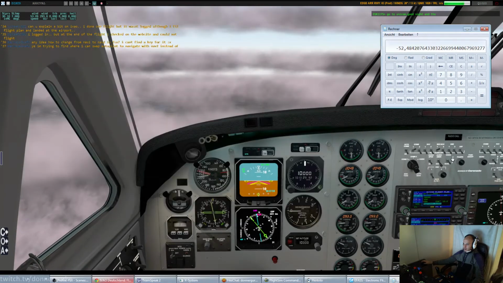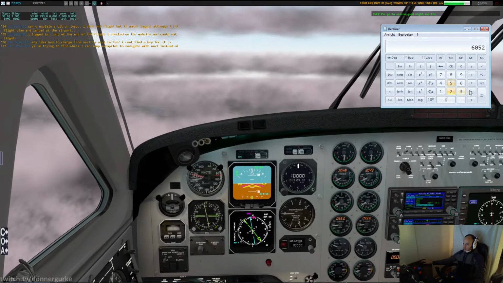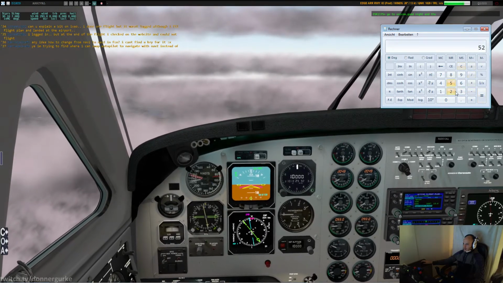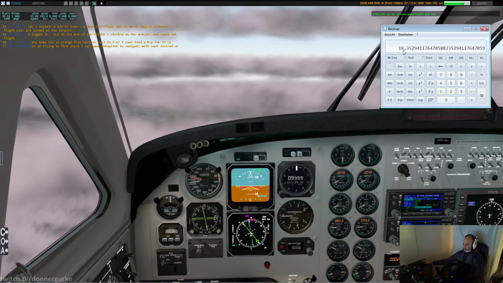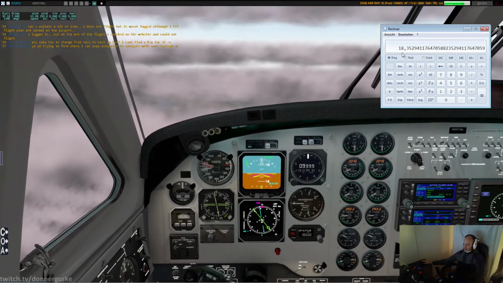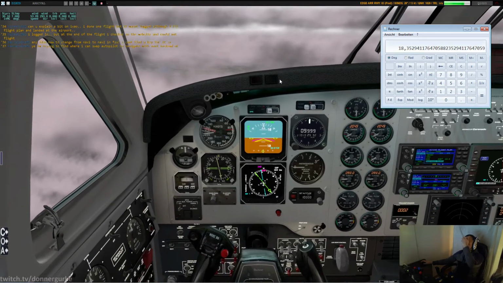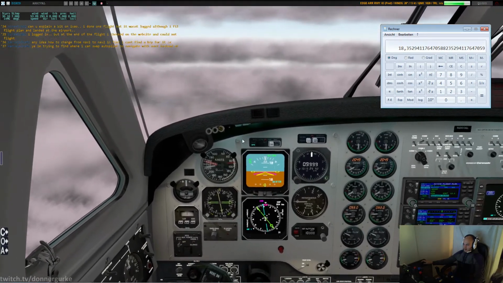We're going to fly with a speed of 160. Look at that, 52 times 60 divided by our speed. That means we get a deviation track to course of 18 degrees. That means the first leg that we're going to fly,